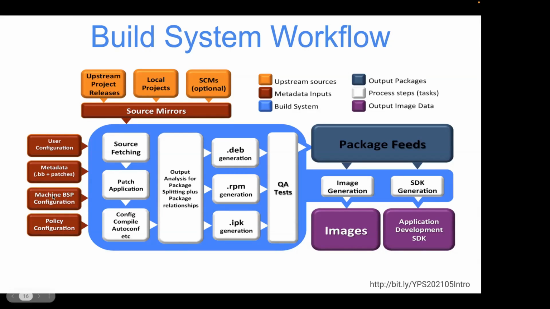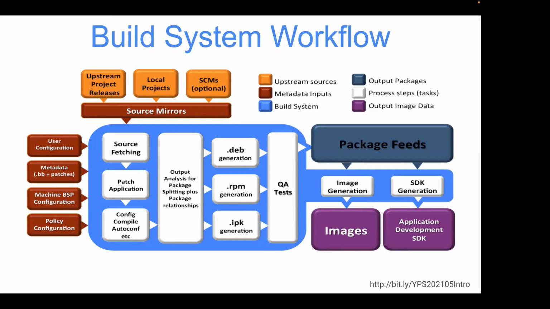This, of course, comes from your BSP layers, and again, pulls in metadata for different hardware, kernels, bootloaders, things that touch hardware more than not, and describe exactly how to build something for a specific target, as opposed to just generally across all targets. And then finally, we have what's called the policy configuration. This is your distribution. This is your distribution layer stuff. And again, these are the horizontal decisions that are made across all of your recipes that come from the distribution layer. And again, the idea here essentially is